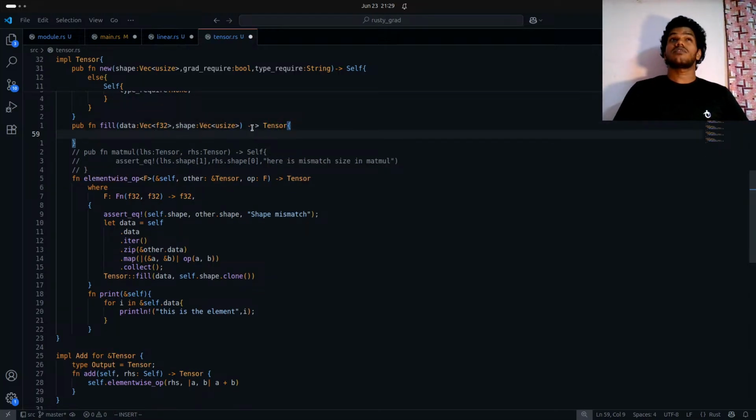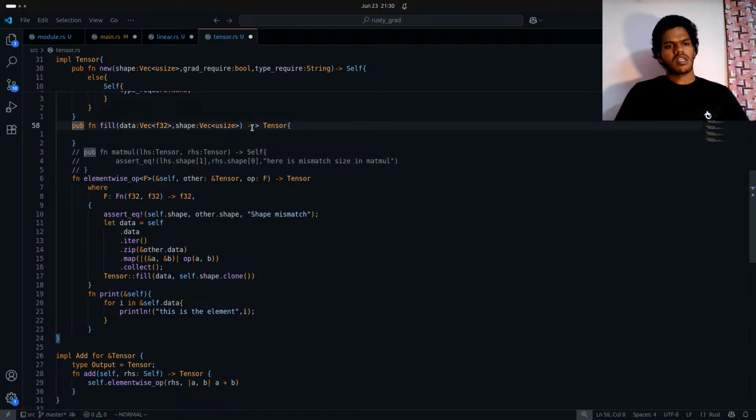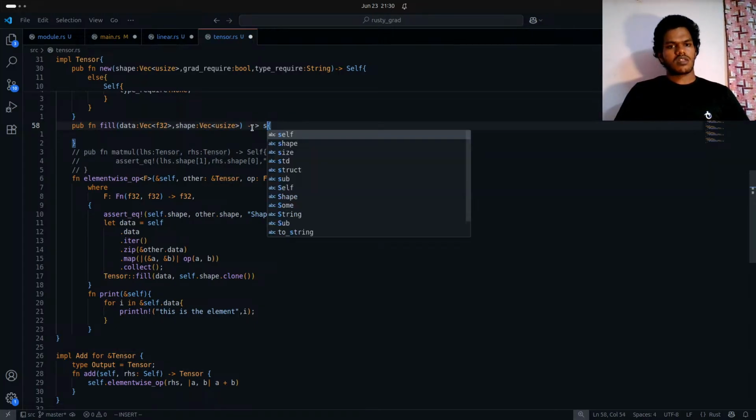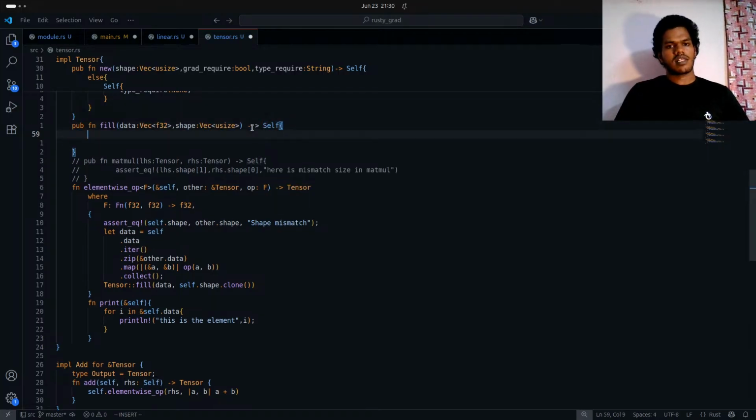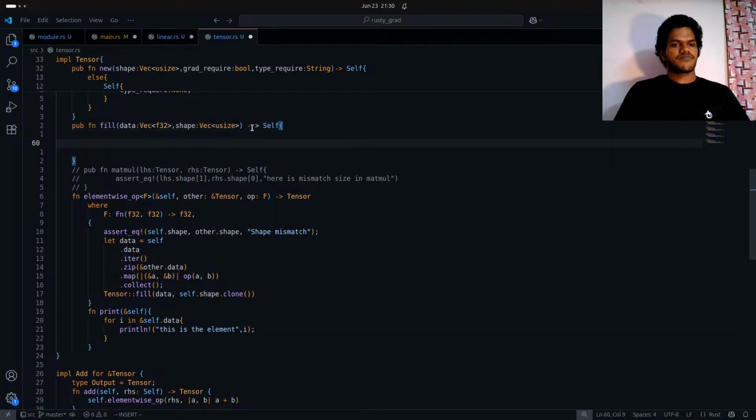The first tensor is actually okay. So now all we need to do is, let's put this as self instead of that. So self,